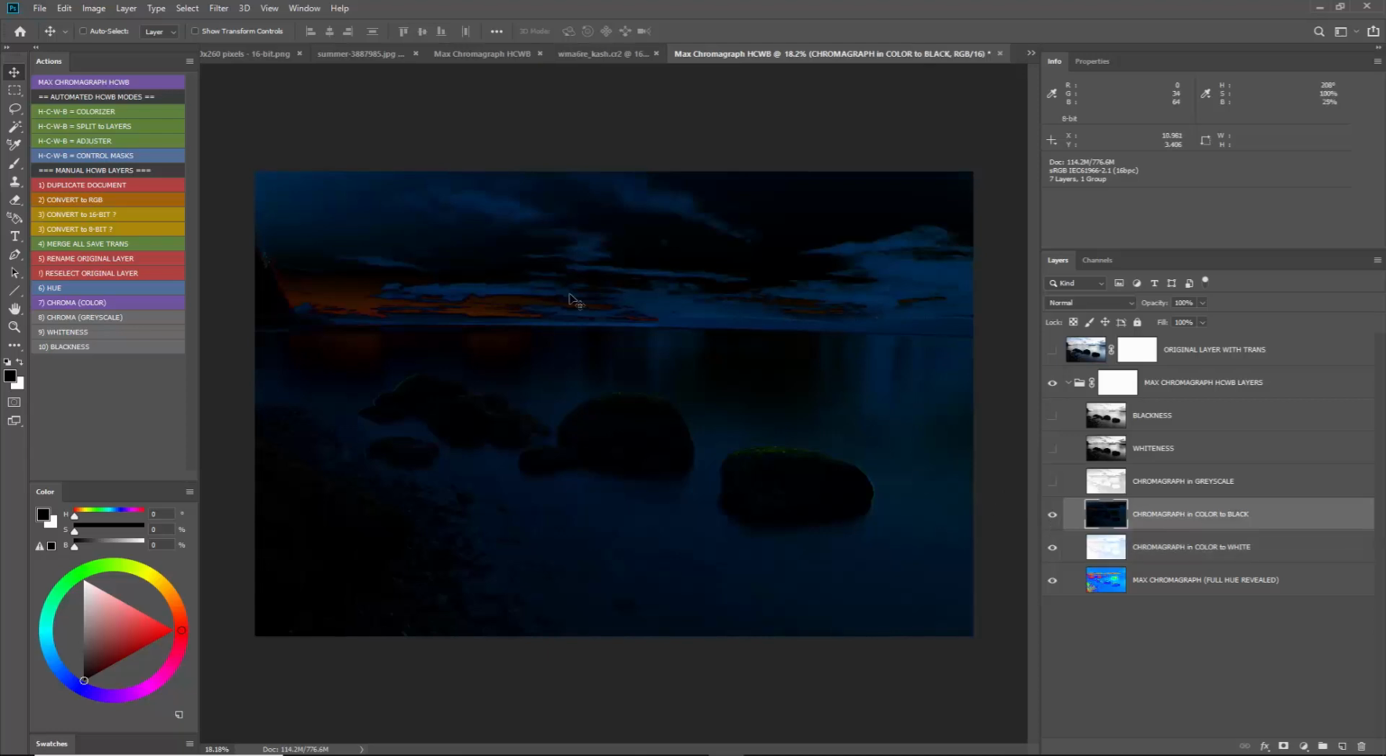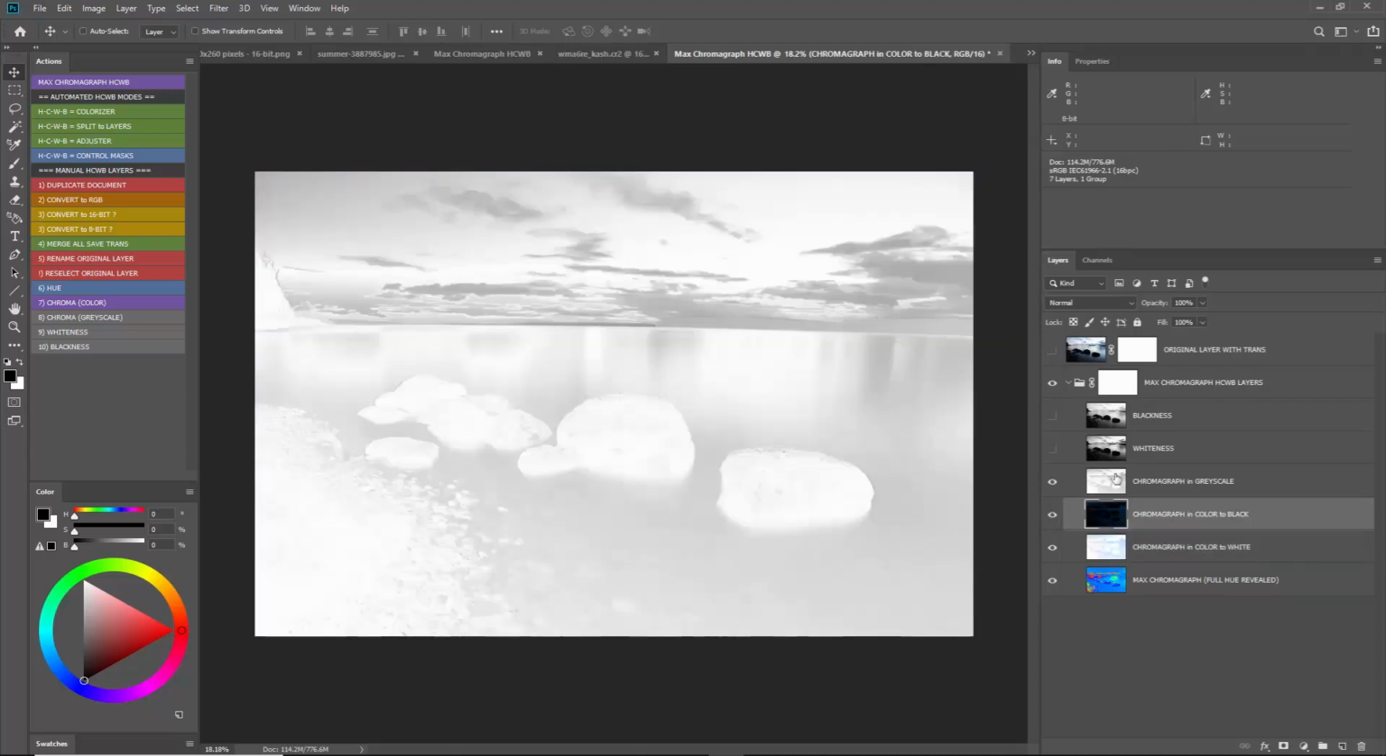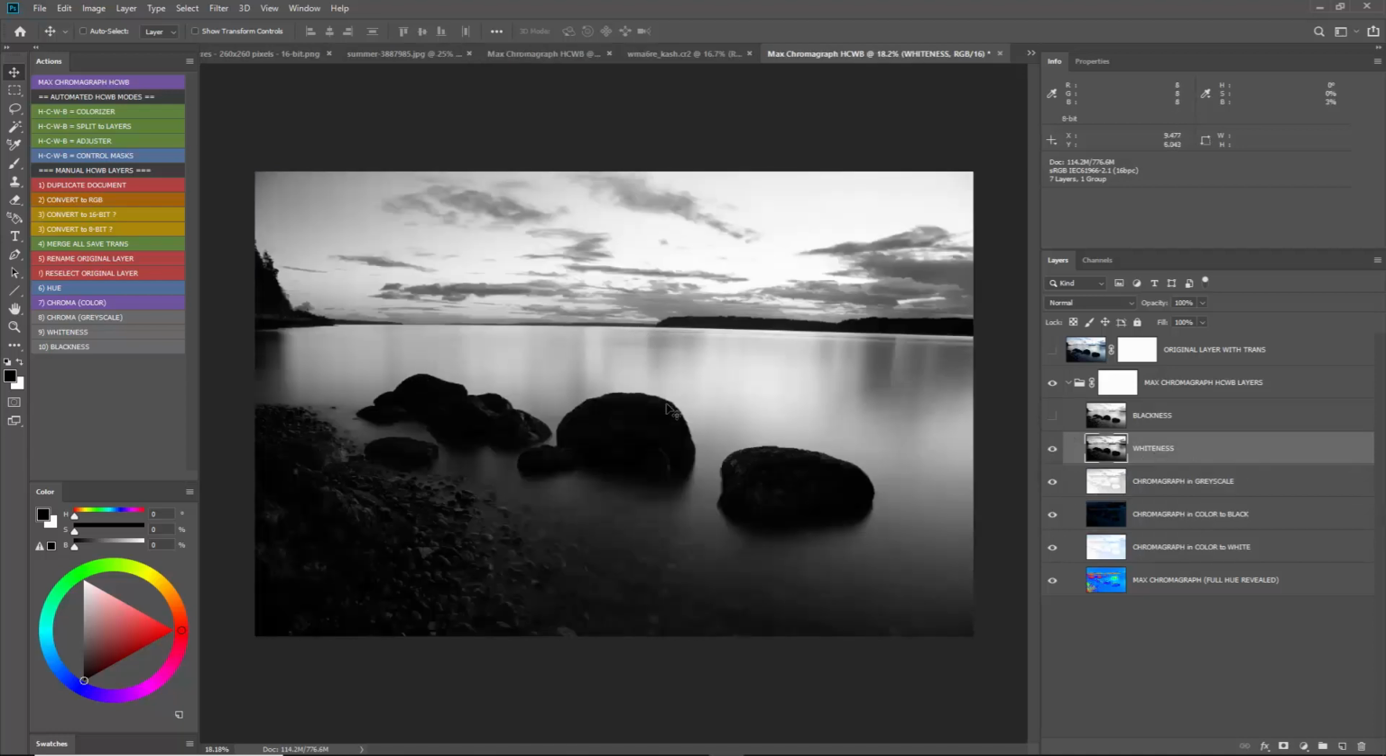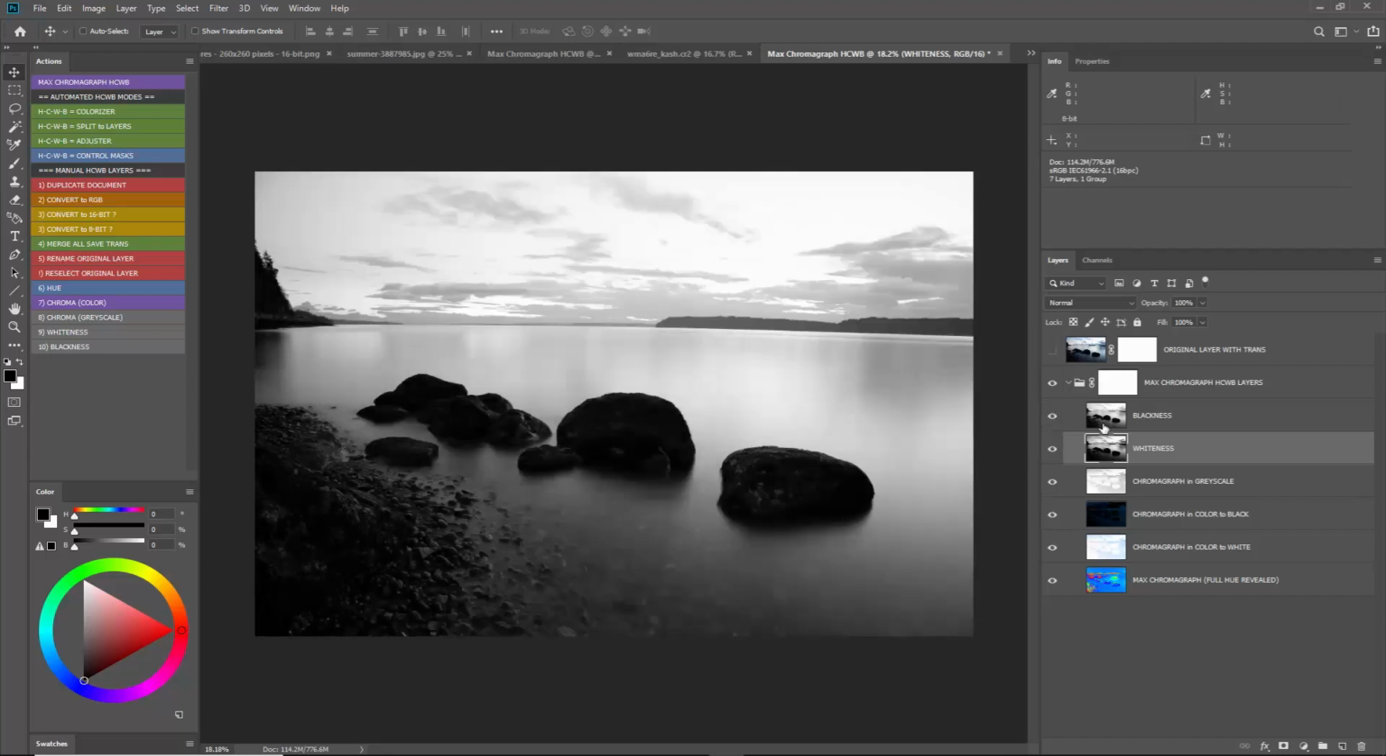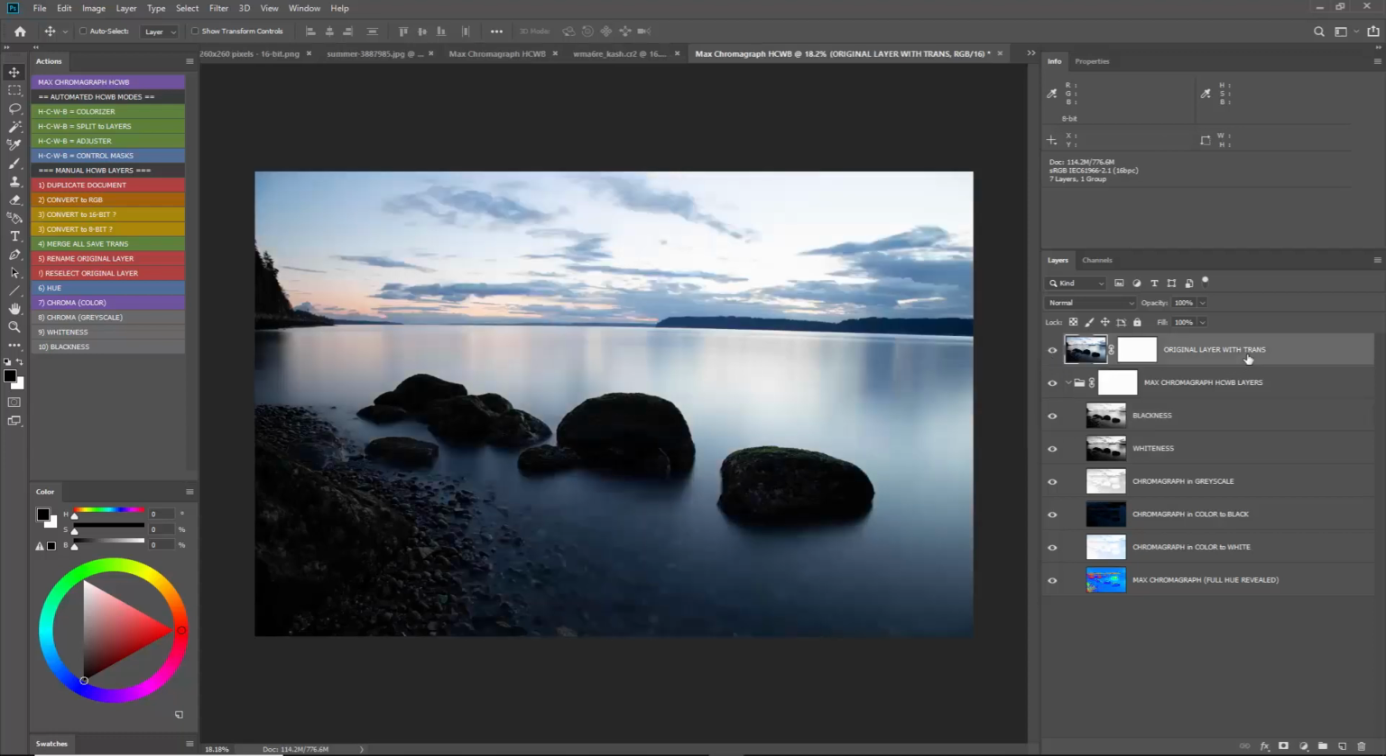There's the chromograph going to black. There's the chromograph in grayscale. Here's the whiteness of the image, shown where white is white. Here's the blackness of the image, shown where the black colors are black. Okay, we're going to close that file,